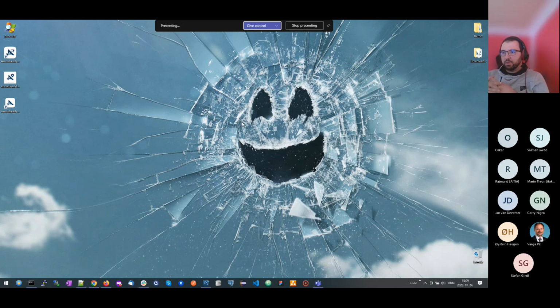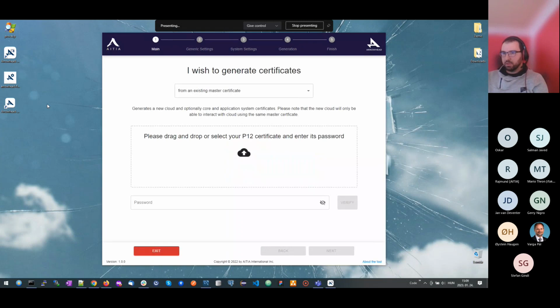As you may know already, first we will need some Arrowhead compliant X509 certificates, which we will generate with the certificate generator tool. It's already installed on my computer, and as you can see, this is a wizard-kind application where you will be guided step by step through the generation process,